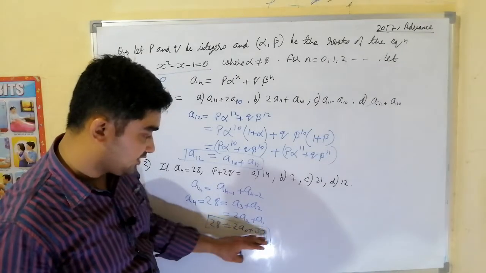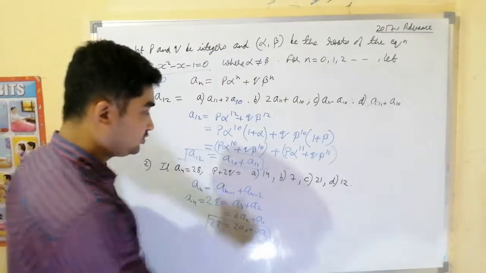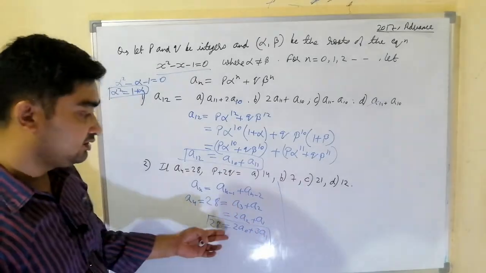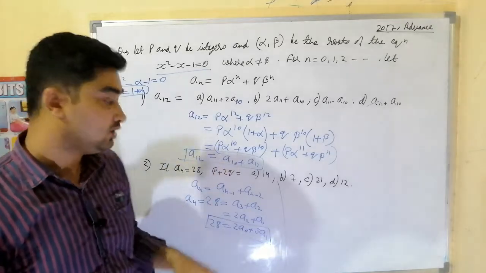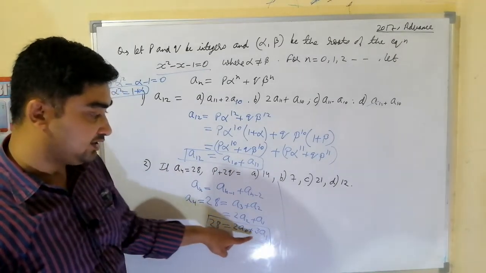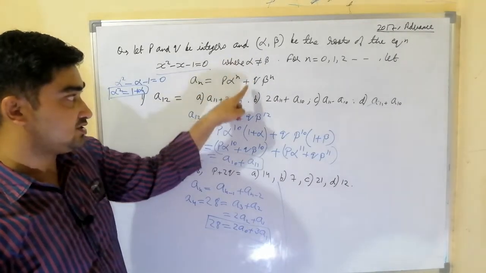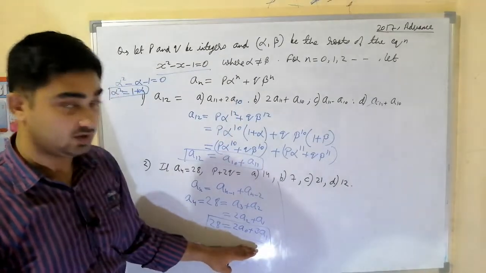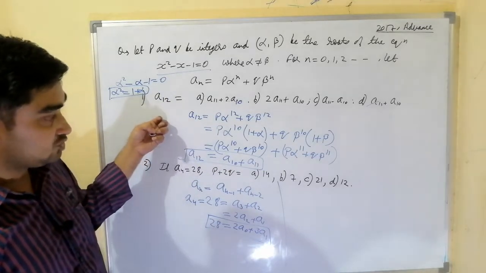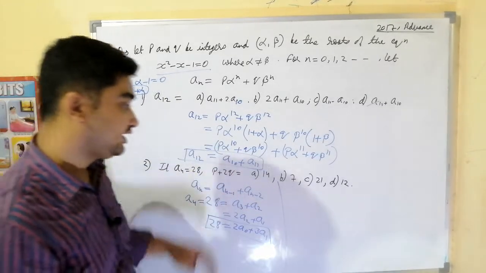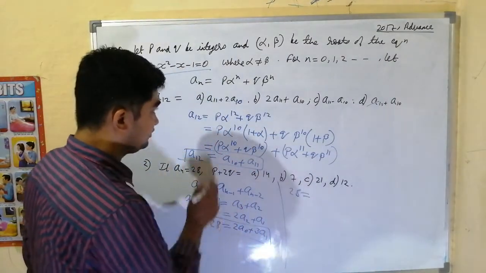Using this, 28 is equal to twice of a0 plus 3 times of a1, we'll try to find out what is p plus 2q. So let us put the values of a0 and a1 in terms of p and q and alpha and beta, and we'll try to find out what is p plus 2q. Why we have done this? Because we want to reduce this to a linear equation, because a0 and a1 will not have any powers of alpha. For a0 the power is 0, for a1 the power is 1. So we want to reduce it to a linear equation which will make it easier. That is why we have applied the concept of question number 1 in question number 2 to make it a linear equation. Now put the values. 28 is equal to twice of a0.